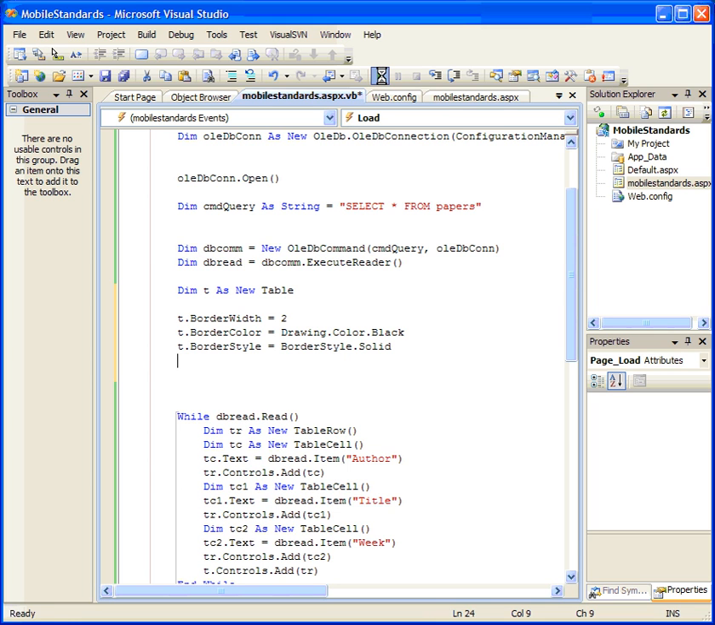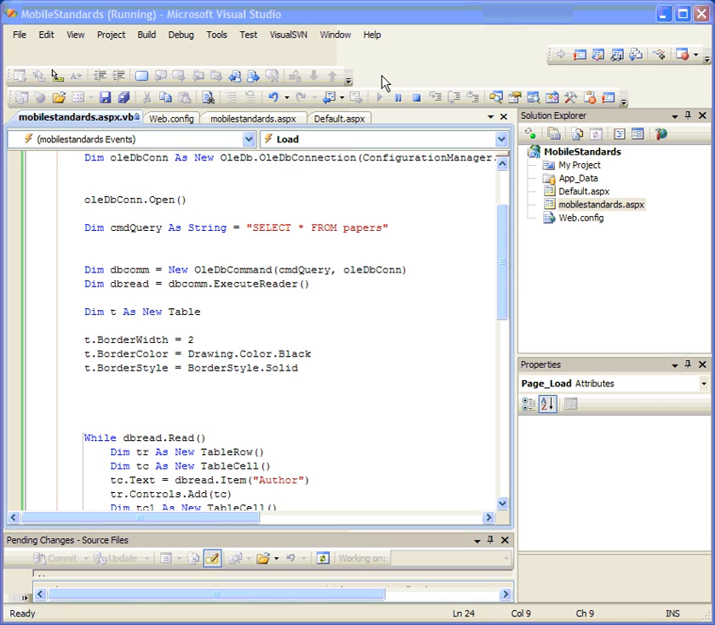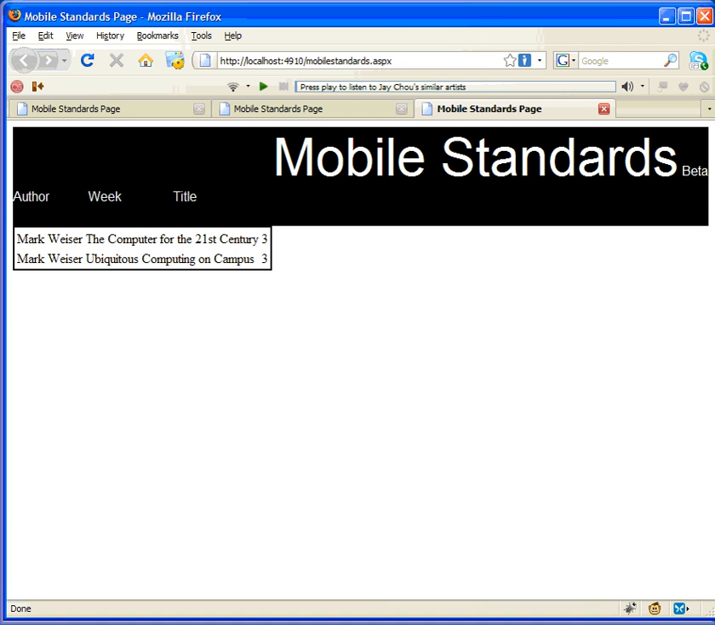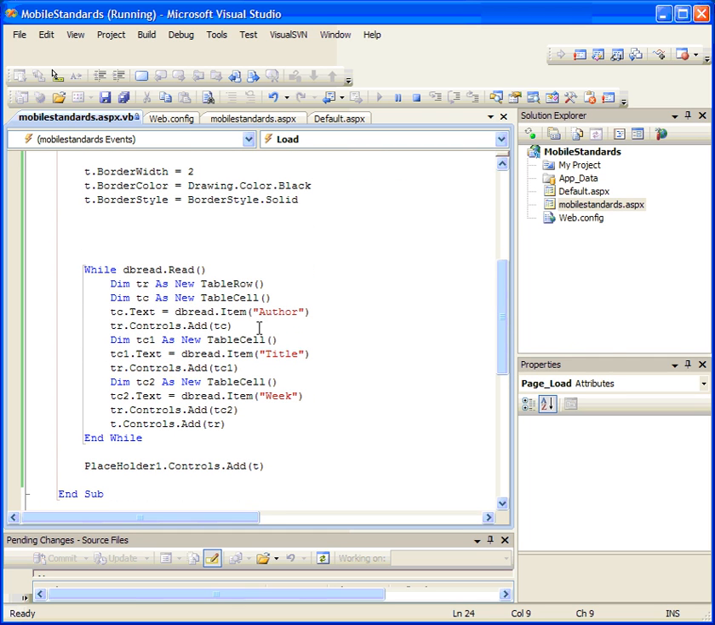So if I press start debugging, again, excuses for the speed being quite slow, but it actually starts to display. So there it is. Now I've got a border on the table, but not on the cells or on the rows. The other thing to do is to put them into the cell itself. Each time I create a cell, so tc as table cell,